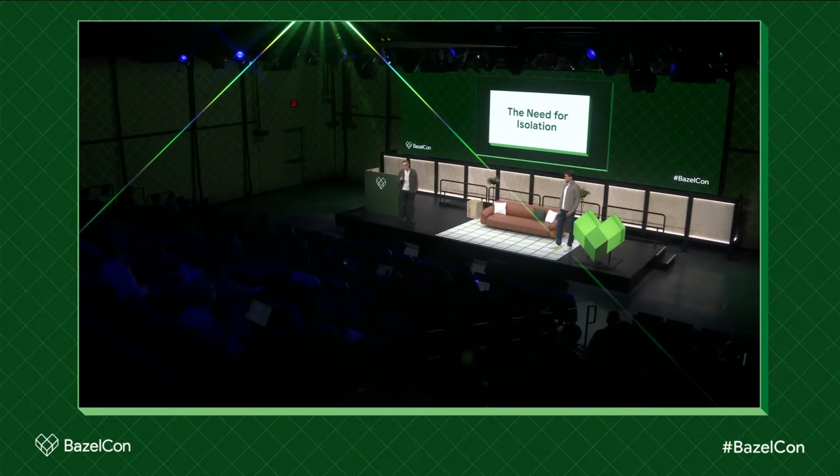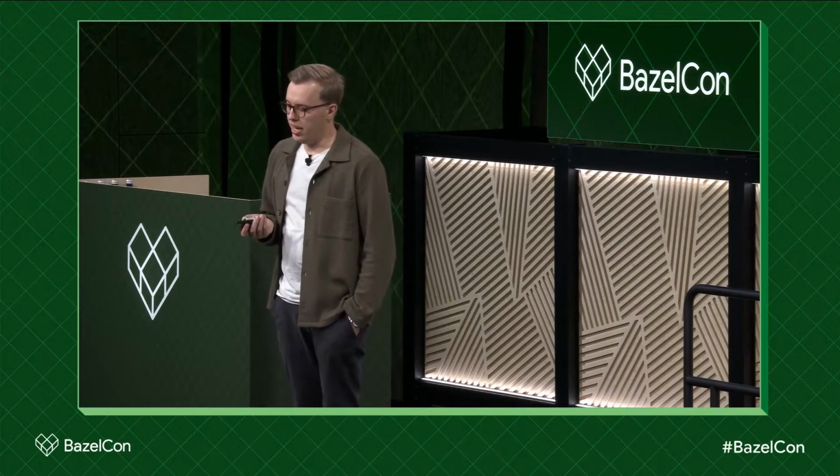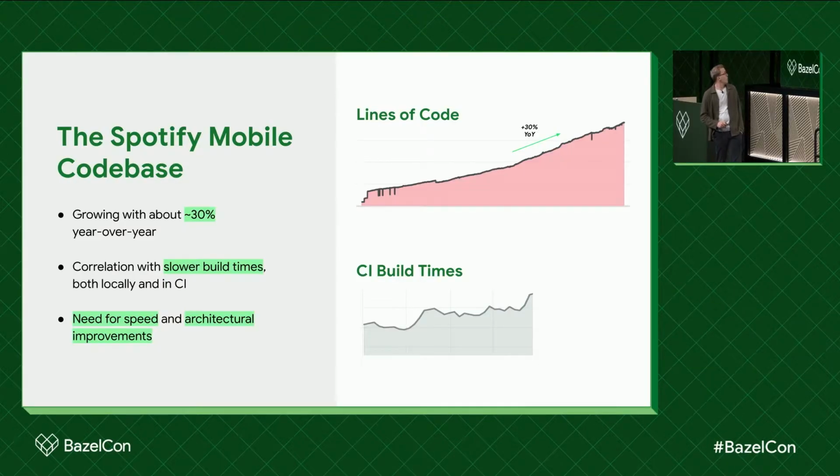Before diving into what these dependency metrics that I mentioned actually are, I want to pick up from the example in the beginning and talk about the need for isolating our code base. So, as I said, we have seen a rapid growth of our code base, and this has created a deep and nested structure where certain pieces of the code act as bottlenecks that basically cascade issues and invalidations so that they affect many others. By breaking up these bottlenecks, however, we are working on trying to make this structure more flat and wide so that we can take better advantage of parallelization of the build processes in Bazel as a build tool.